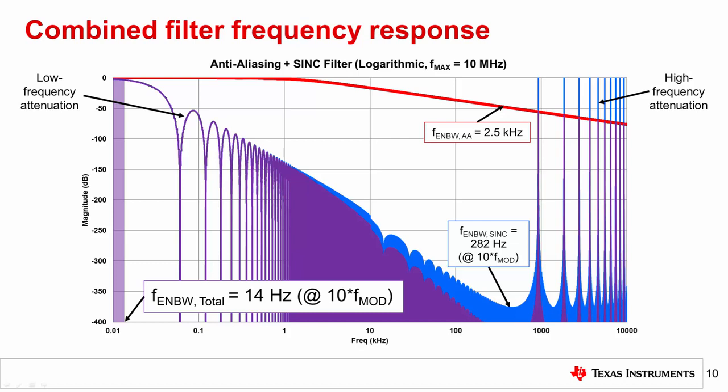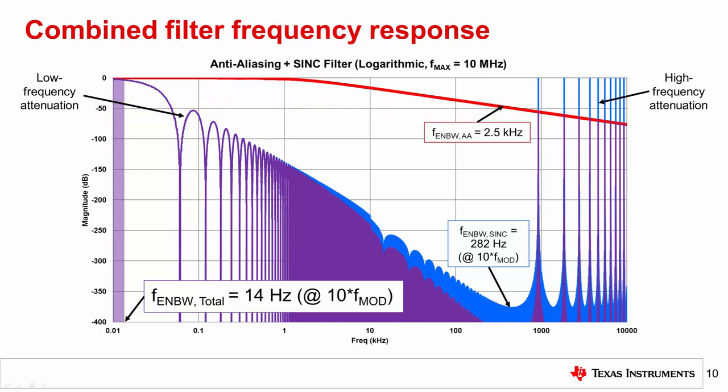Many analog designers assume that the anti-aliasing filter's intended purpose is to remove lower frequency noise, when in fact this plot shows that it is the sinc filter's responsibility. As discussed earlier in this presentation, designing an anti-aliasing filter with a low cutoff frequency requires larger component values that increase settling time and exacerbate errors due to noise and leakage currents across the filter resistors. Instead, you should target at least 20 to 40 dB of attenuation at the first peak for best performance, which determines the anti-aliasing filter's cutoff frequency.